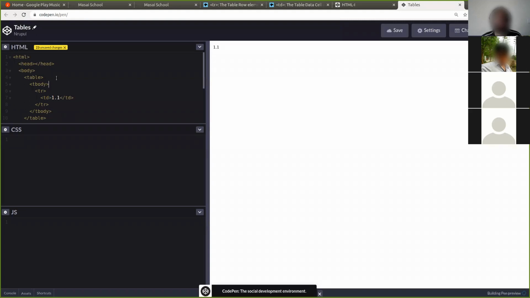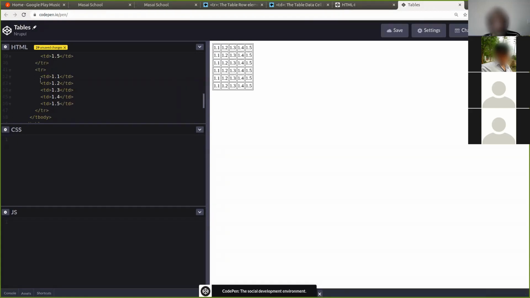Let me put a border also. So again, I'm creating this. I created 5 columns. Now you can see that it created a 5x5 table.